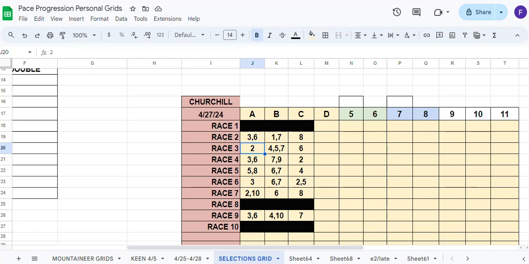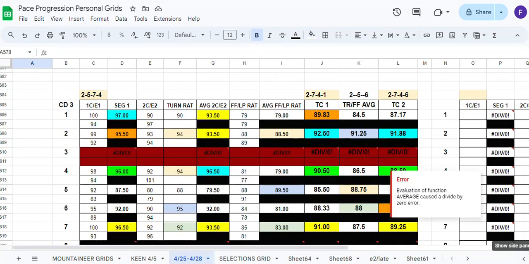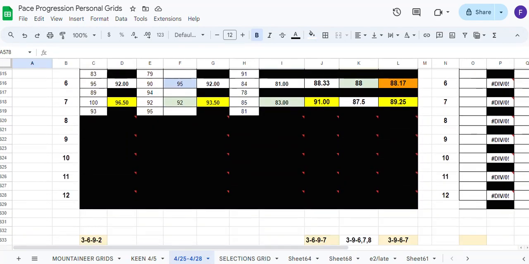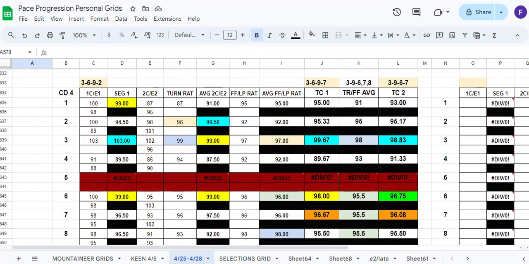Okay, let's take a look at race number 4. Race number 4, we have a 3 showing up across the board. Now, in this case, I did use the 3 on top simply because of the sustainability this horse shows. Even though he did run against a fast pace last out, he may have the lead,